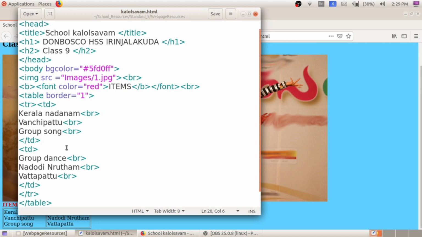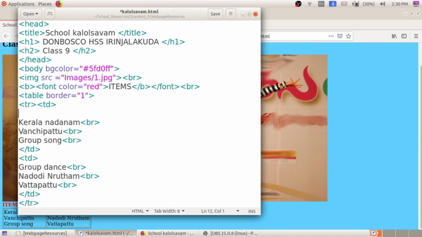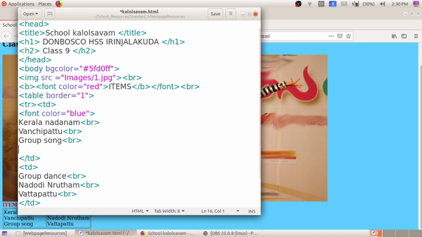And in similar way, suppose I need to give font color blue color to this corresponding data. So after specifying table border you can give the font color, font space color. After the property always give equal to simple, in double quotes specify the value blue. After that close the tag. Then after first table close the main tag called font. Okay. Then only this corresponding